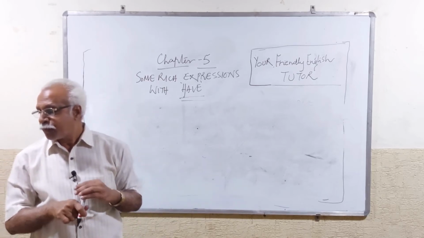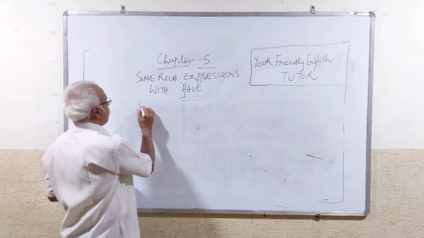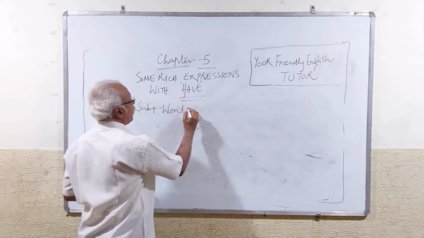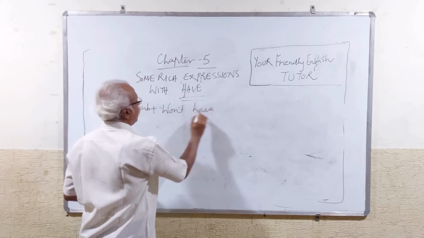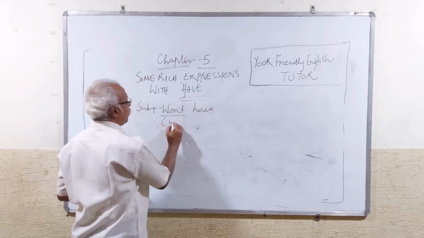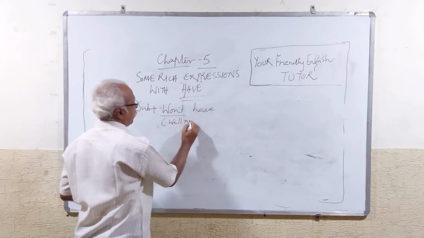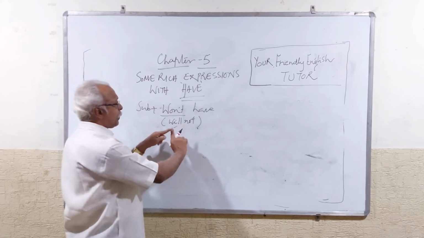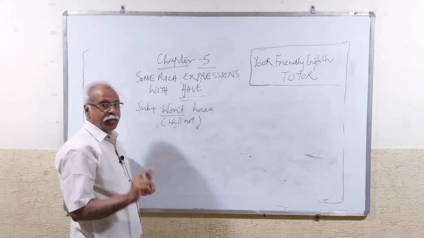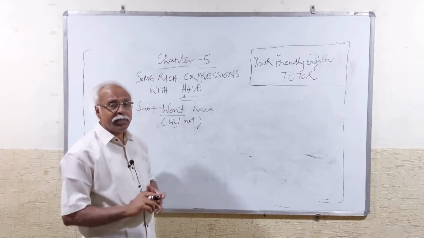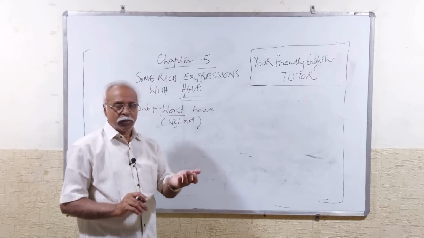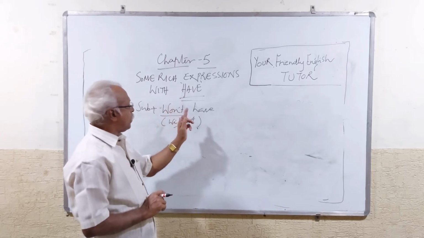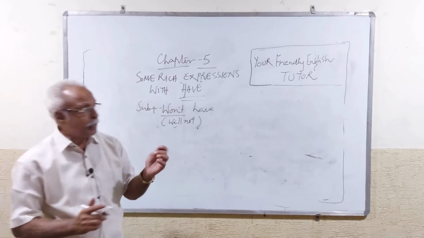Now with this, subject plus won't plus... won't have, we can. What is won't? Will plus not. Will is one word, not is one word. These two can be contracted as this, won't. Like do plus not, don't. Doesn't is the contraction of does plus not. Cannot is the contraction of can plus not, like that. Won't. I won't have. Next, object.